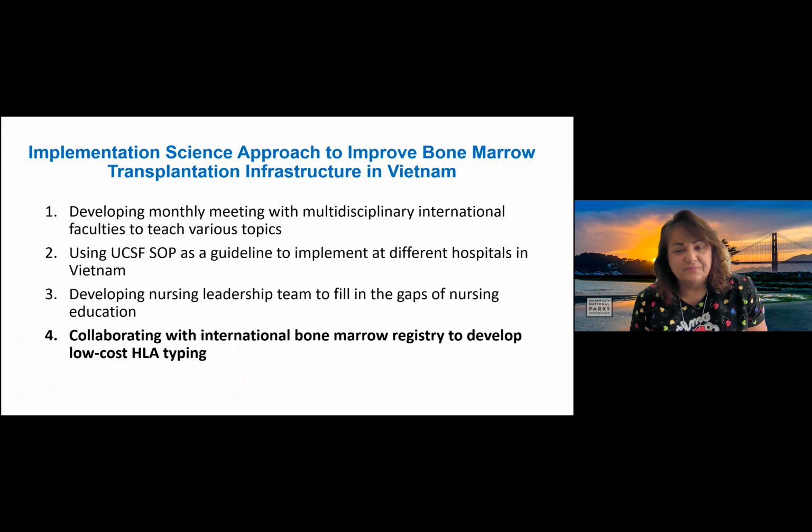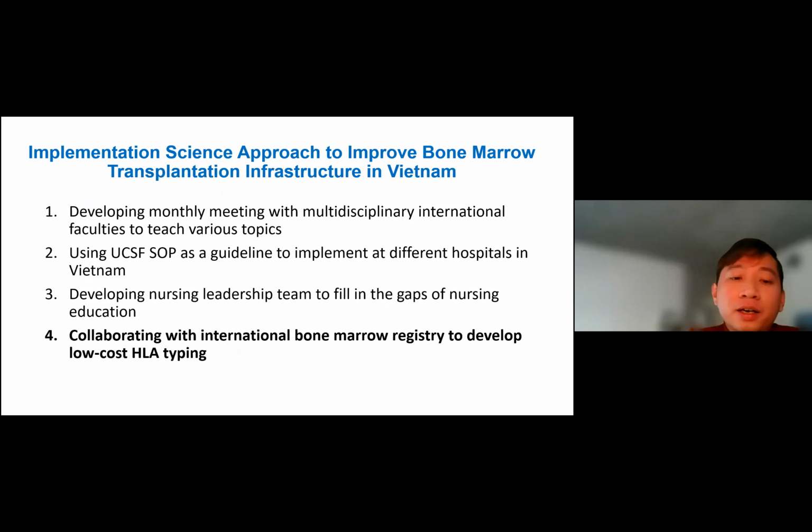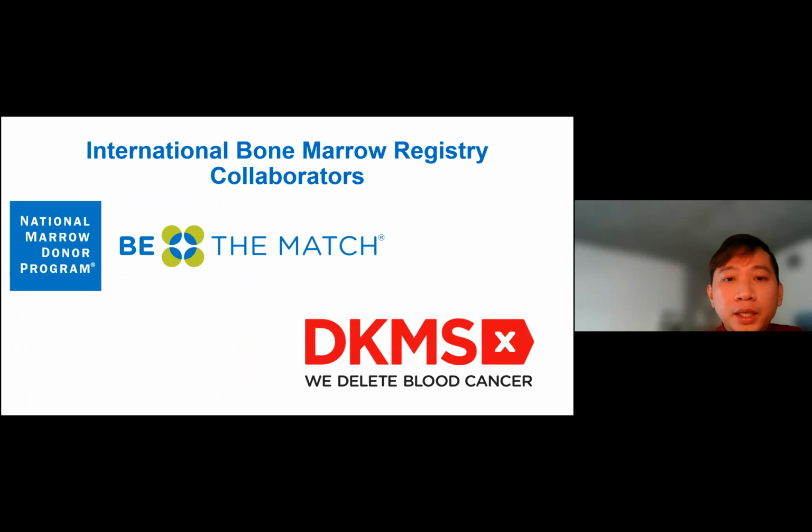So for the last part, I will talk about one key thing that we identified about HLA typing and also the bone marrow registry in Vietnam, and how we target this problem. By contacting international registries like the BMTCN in the US and also the DKMS, the registry based in Germany,